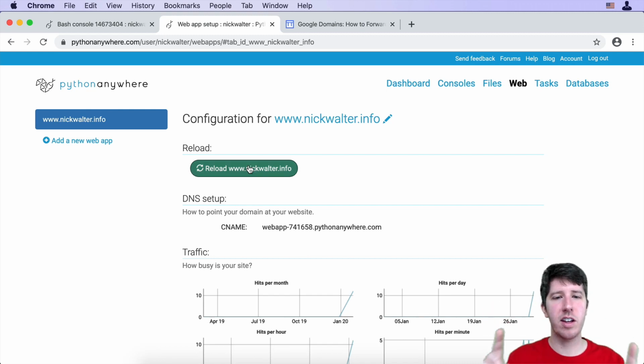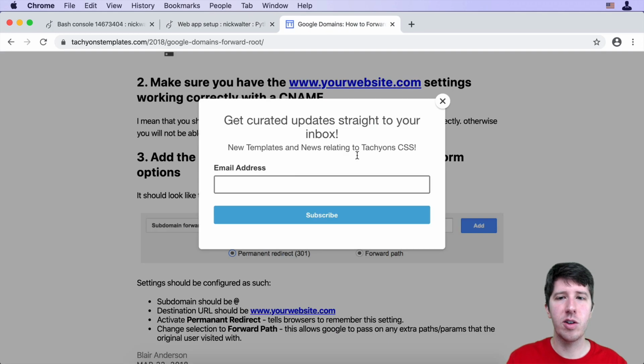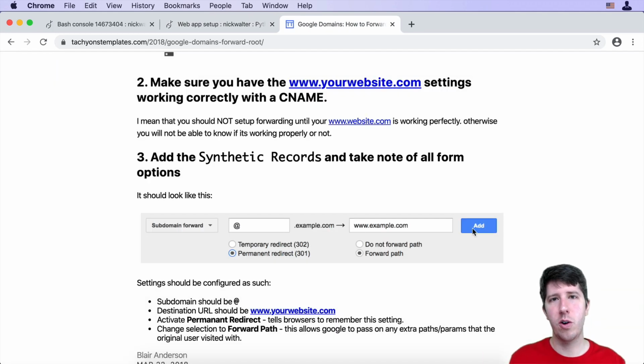One last thing that I want to show you is that, for example, I had talked about this. What if someone puts in nickwalter.info? We want it to essentially forward to www.nickwalter.info. Now, I wish that PythonAnywhere would allow you to just have nickwalter.info or whatever your domain is, but they require that you have that www. So with this being the case, we can make it so that when someone goes to nickwalter.info, it will quickly